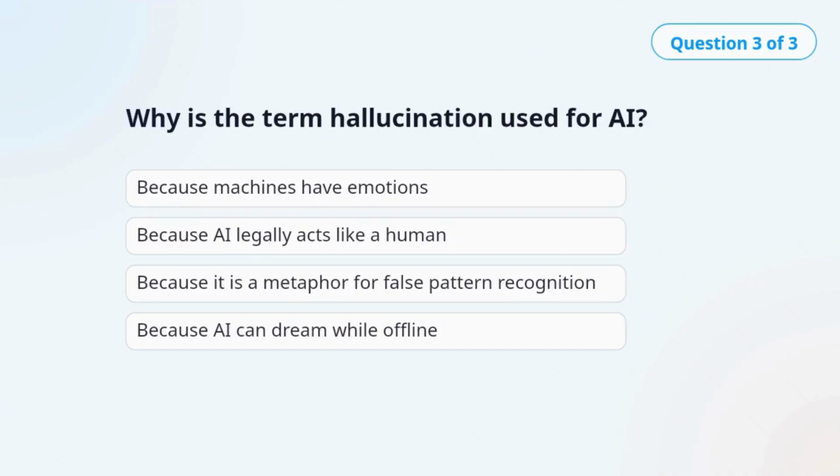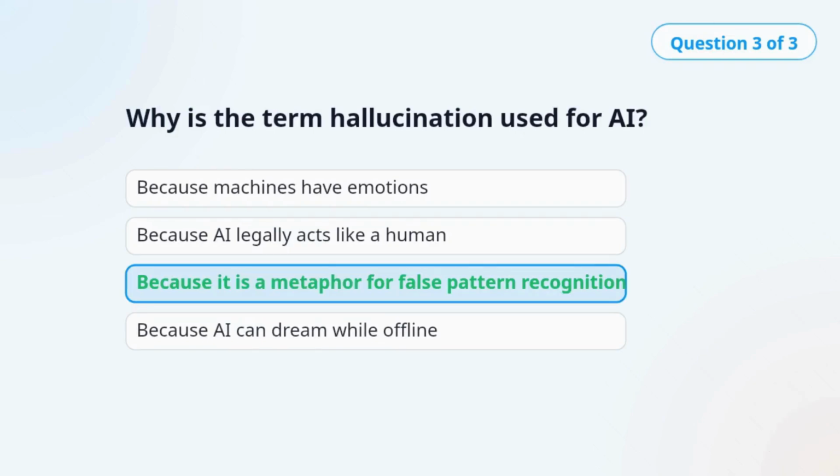Question 3. Why is the term hallucination used for AI? The correct answer is because it is a metaphor for false pattern recognition. The term is metaphorical. It describes cases where AI appears to perceive or generate something that is not actually there.